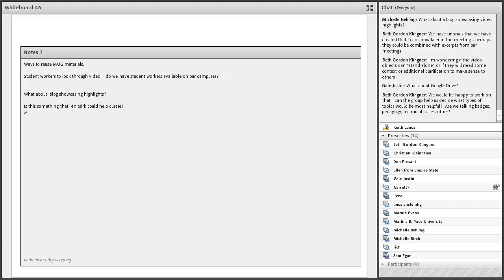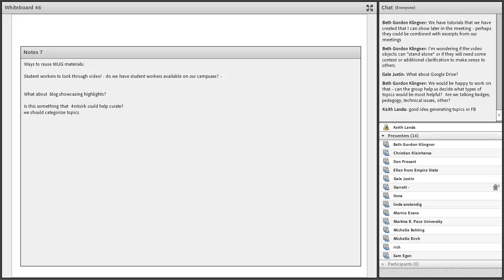And on Beth's point about deciding on the topics, I think that will help give us some focus. So creating the topics and then going out and seeking some content that we've already created would be good. So maybe in Facebook we can talk about some topics that we might think others would like to see, and then we can have some folks go out and look for that material that we've created. And I agree, Keith, that putting it everywhere possible is good. Yeah.